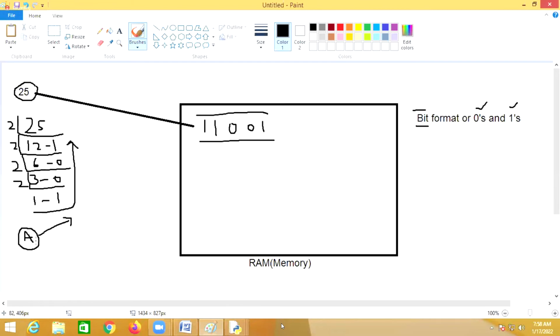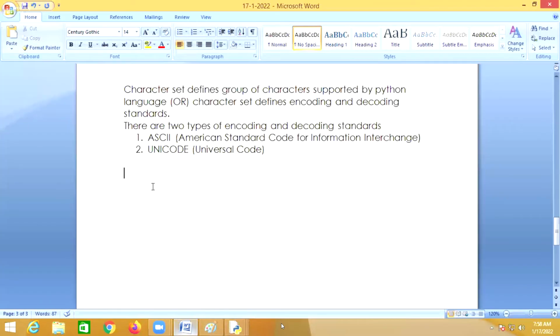For every character, there is an equivalent decimal value. That value is called the ASCII value, or it can be the Unicode value. A language uses either the ASCII encoding standard or the Unicode encoding standard.